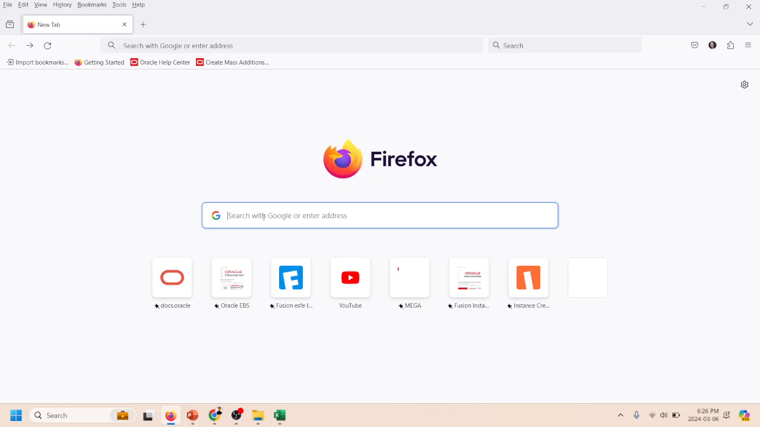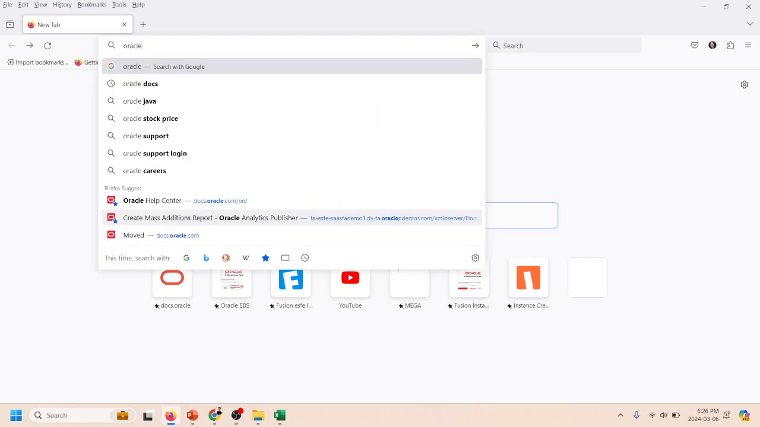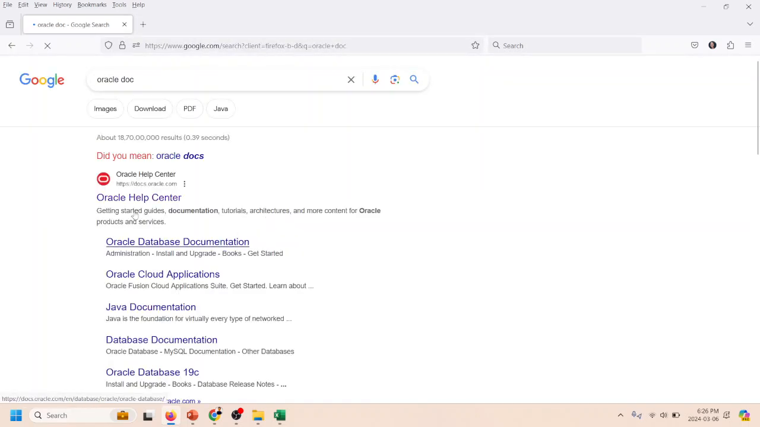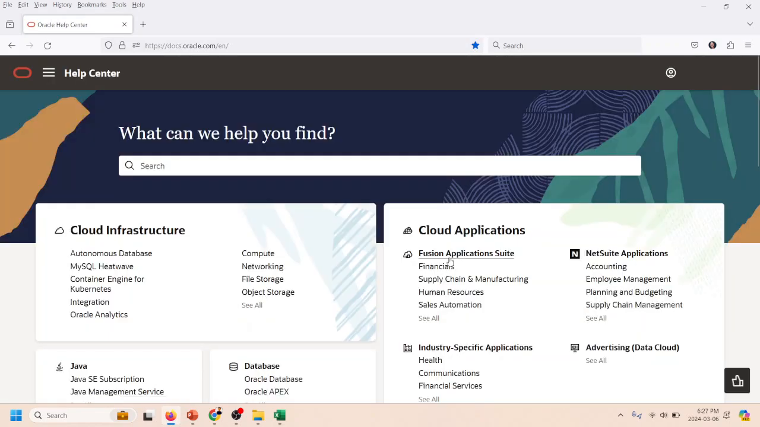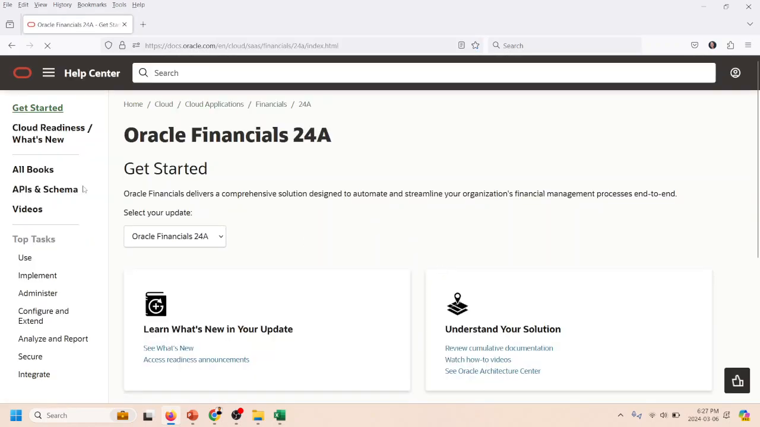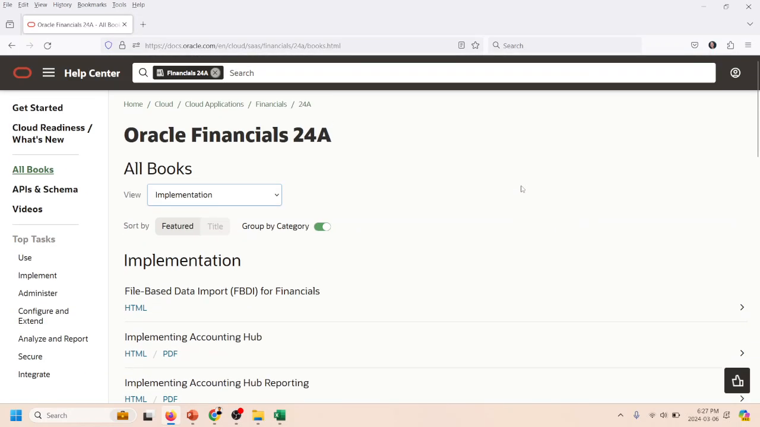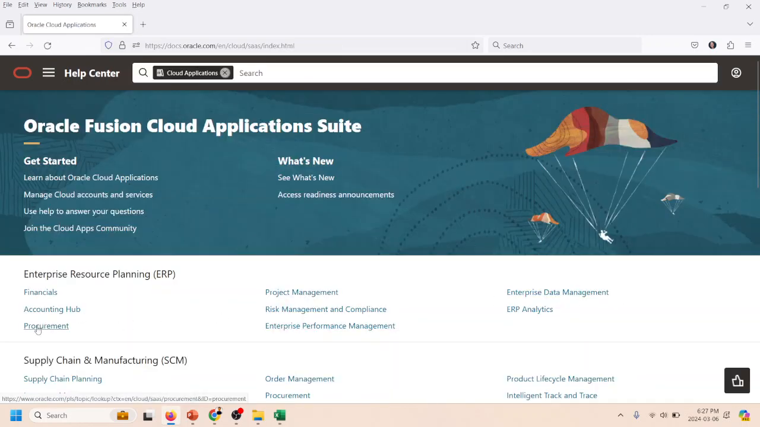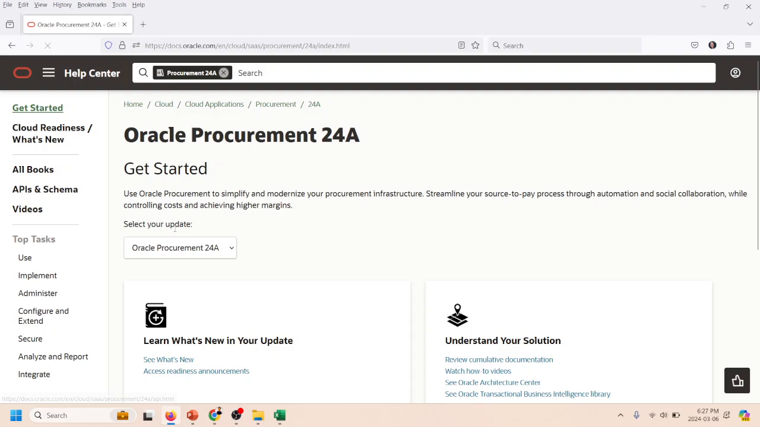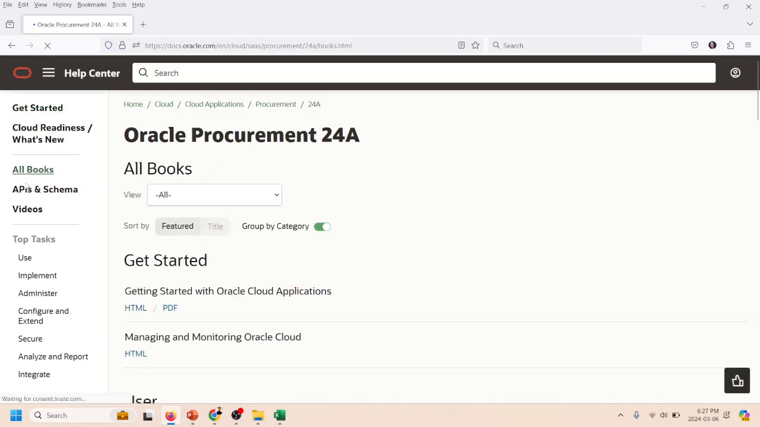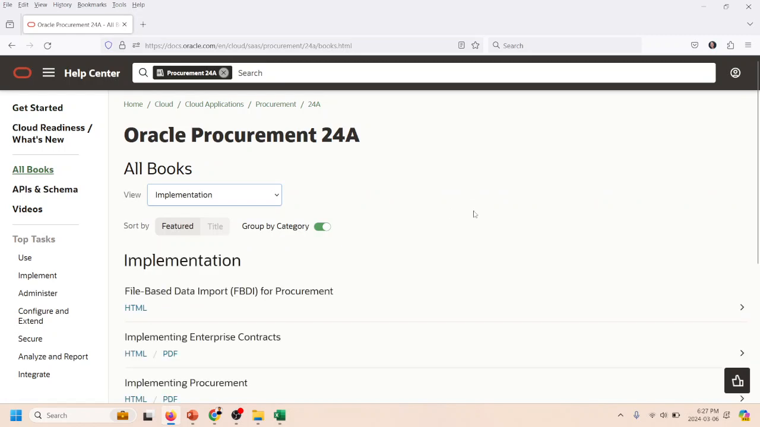Let's search with Oracle docs, and out here go to the Oracle Help Center, and out here you get the financial, right? So go to the Oracle financial, go to all books, and this is not financial, let's go with procurement all books, since we are discussing the vendor, right? So let's go to vendor, go to the file based data import,